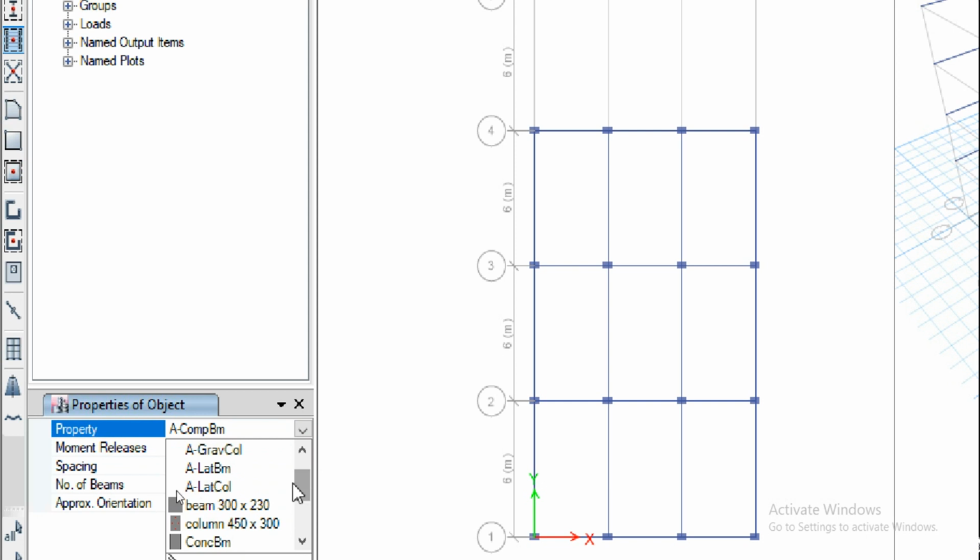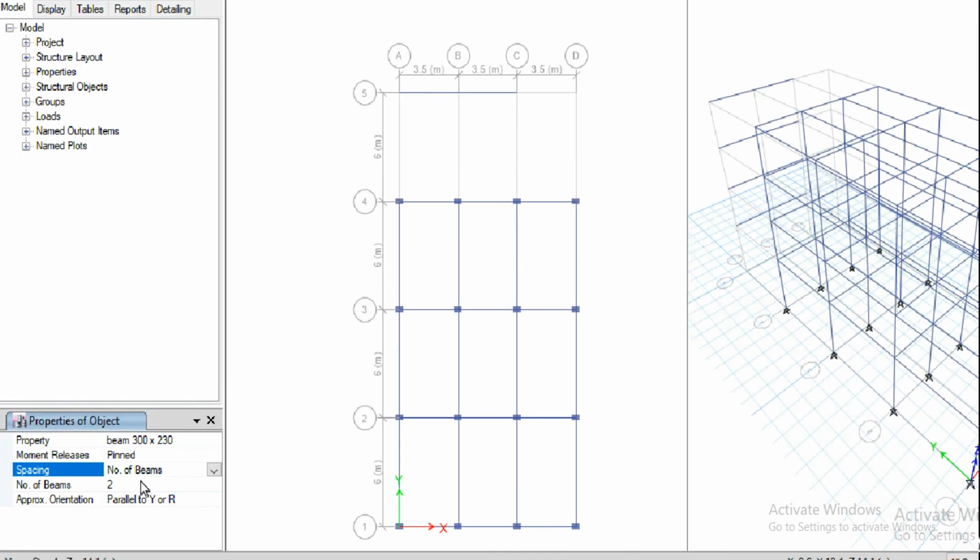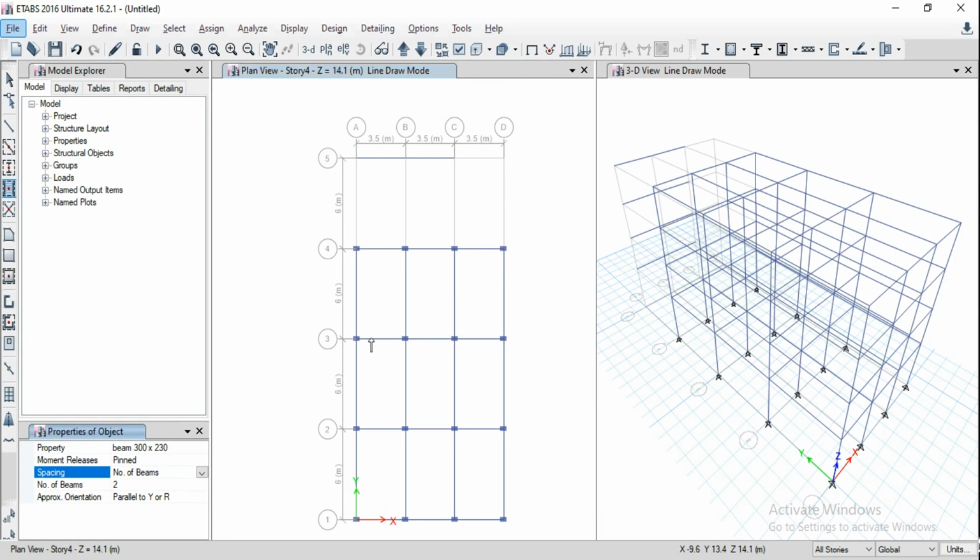Right now I'm just going to select the beam only. For the number of beams you want in between, suppose I want 2. It depends upon the option we keep here. In the spacing we have number of beams, or you can give the maximum spacing. If I go for number of beams and keep 2, wherever you click here, we are going to get the secondary beams like this.